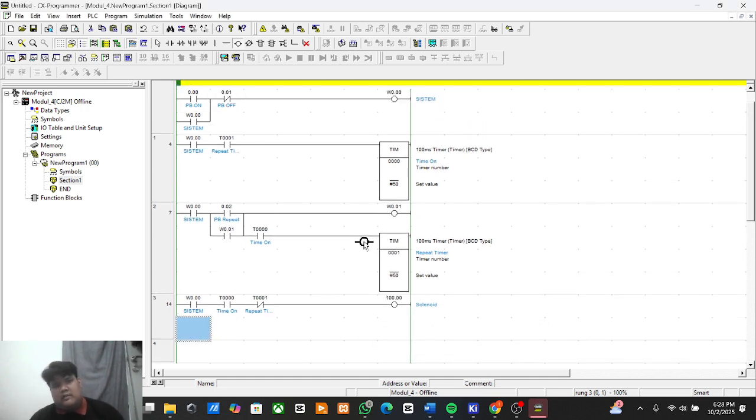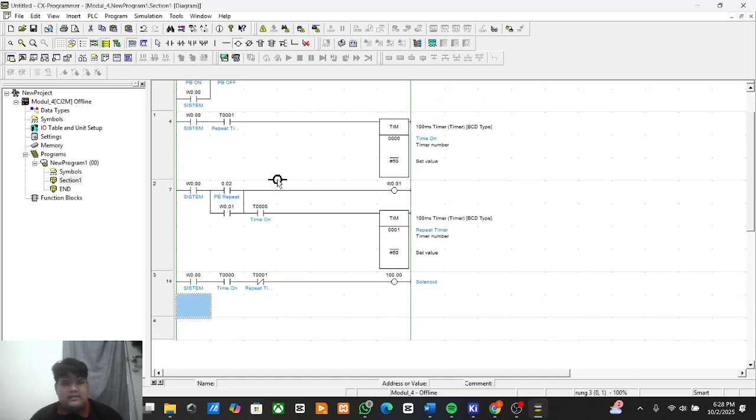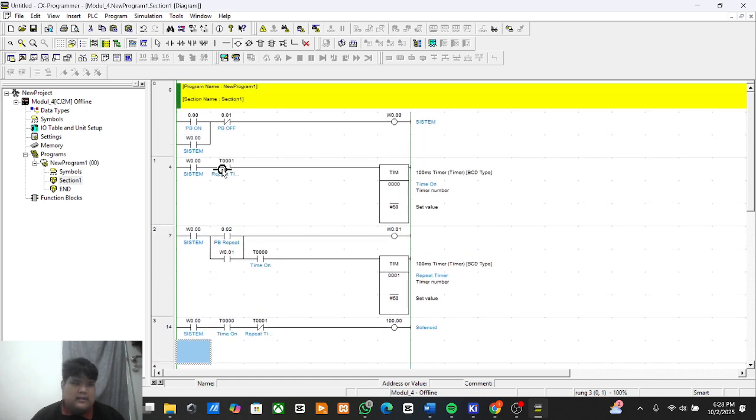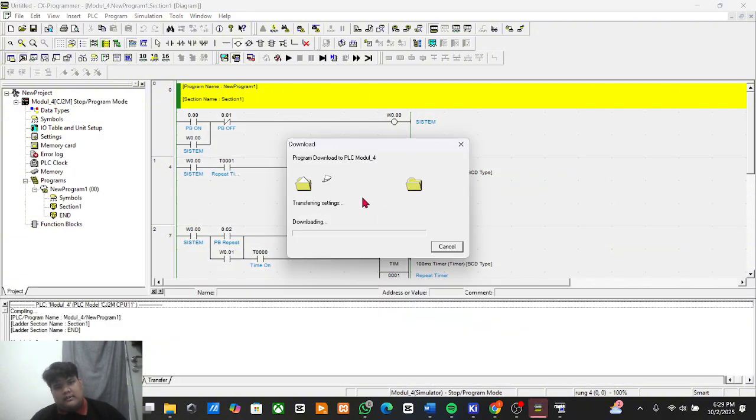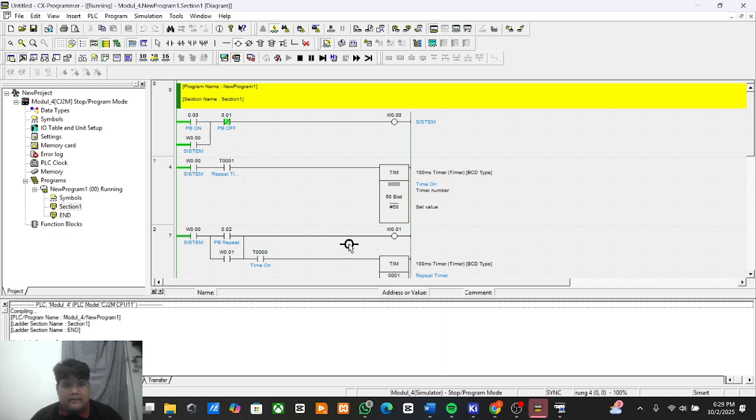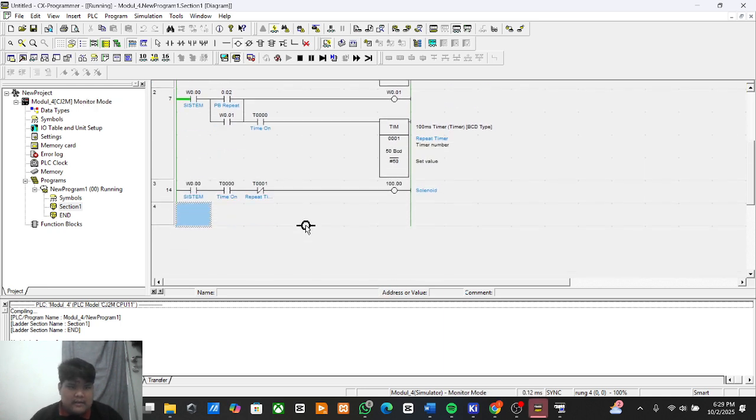Okay, there is no error for all of the circuits, and then the next step we have to run this program with the work online simulator. Wait until the program is running. Okay, now the program is on.